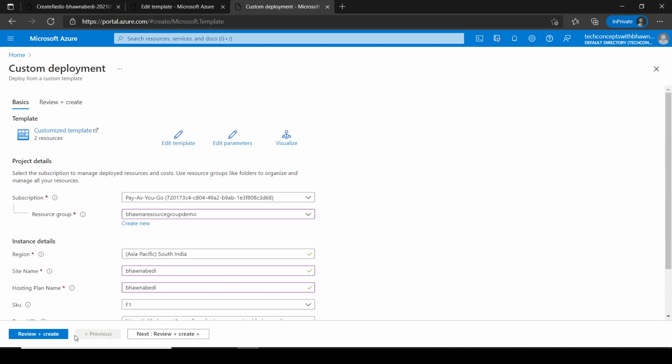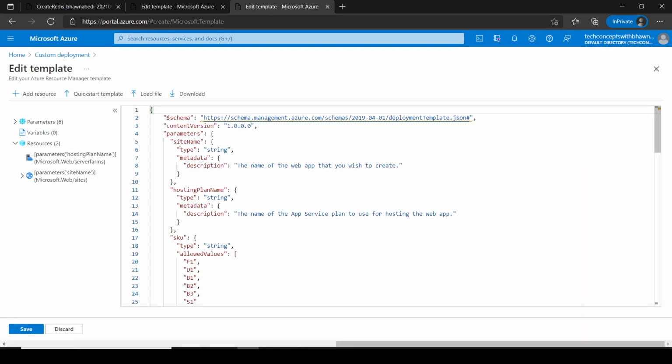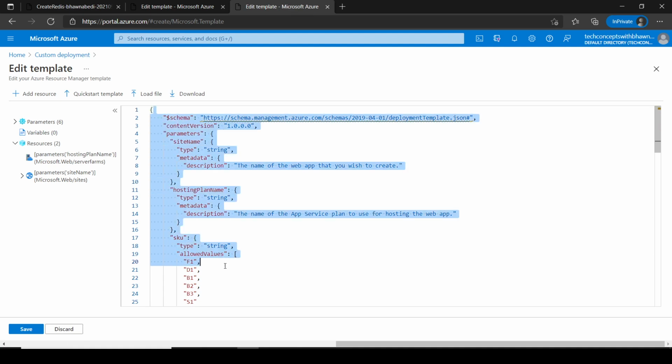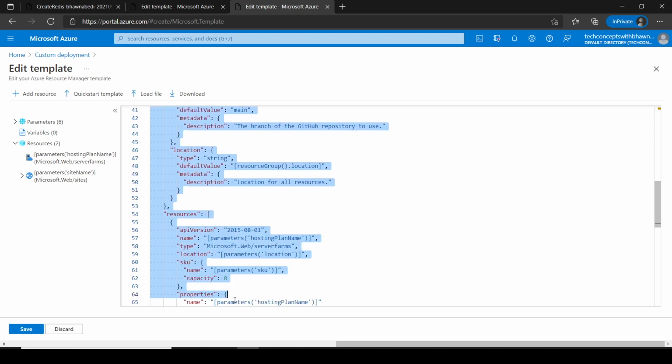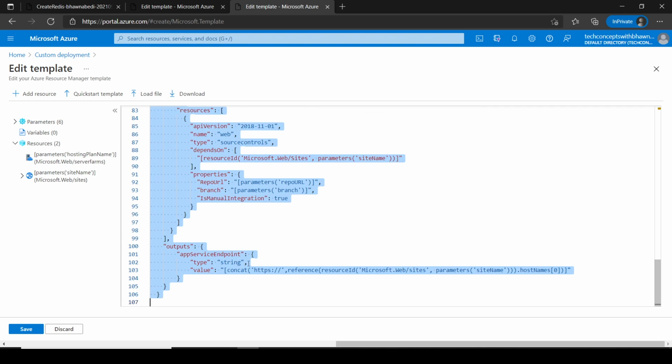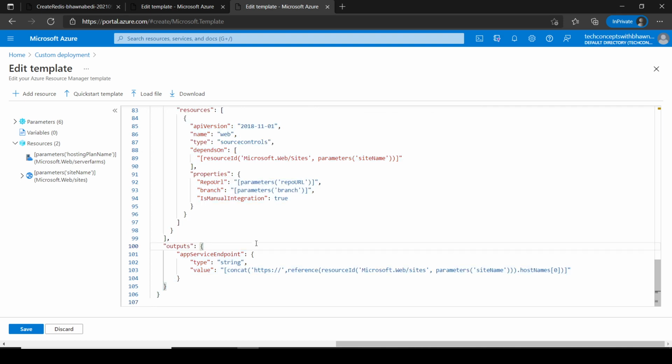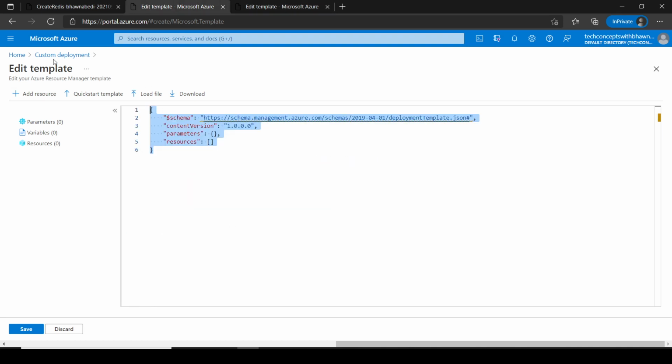And now let me go to previous. In fact, if I go ahead and click on this edit template option, I just want to show you this. You can see the code written over here. So if you already have some basic web application with you, then you can directly go ahead, click on custom deployment, paste your code over here, and then create it.